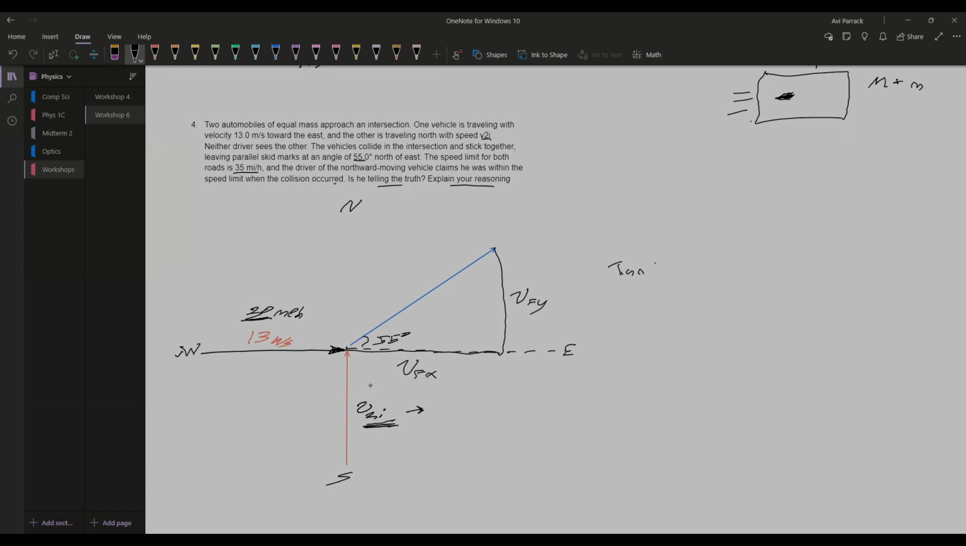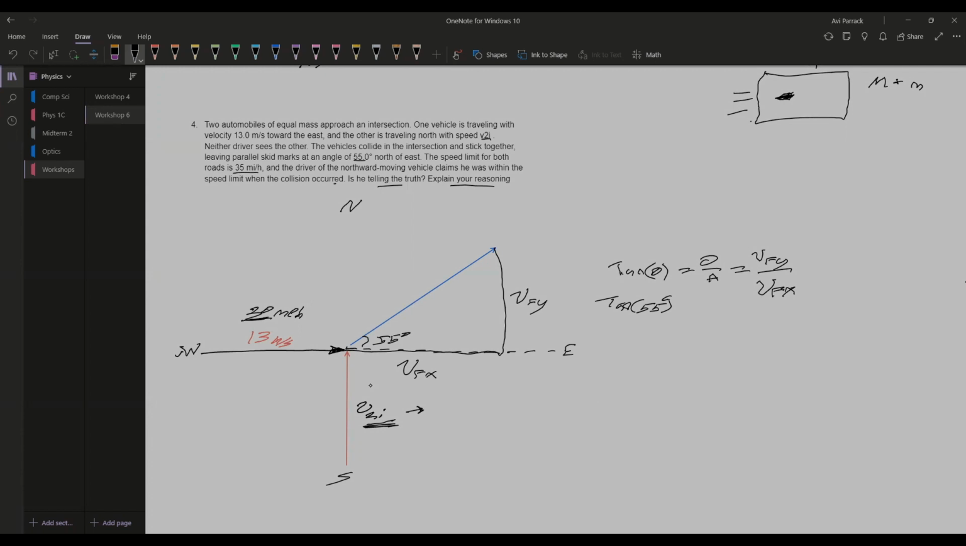Okay, I'll just set this up. We won't finish. So the tangent of theta relates those sides. It relates the opposite to the adjacent, which in this problem means it relates VFY, the upward component of the final velocity, to VFX, the easterly component, or the rightward component of the final velocity. So based on this ratio, if we put in a tan of 55 degrees here,